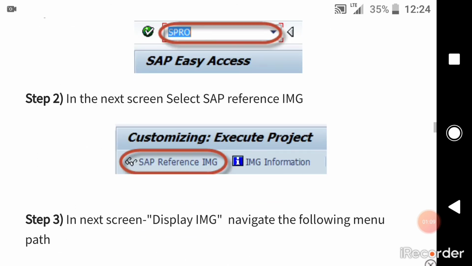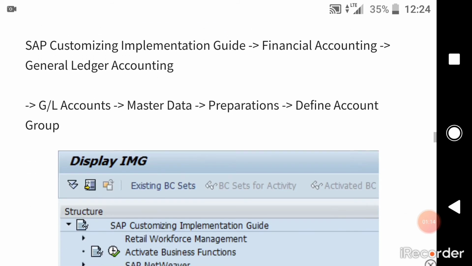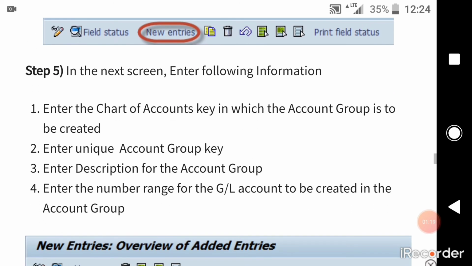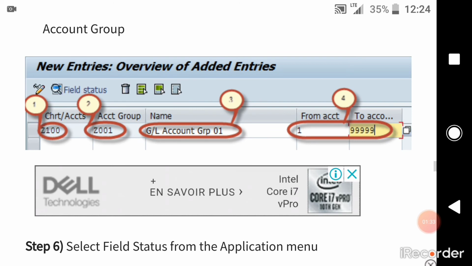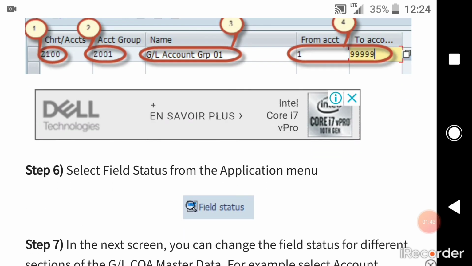Again we will go to SPRO. Again we click on the glasses or specs, then the display image will come. In this we will select define account group. Then we will select new entries. In this also you have to enter the chart of accounts key, and the account group is to be created, a unique account group key. Enter a description for the account group. Enter the number range of the GL account to be created in the group. Only 4 steps. Here: company code, account group, GL name, and the account number. We are using 99. Then the sixth point,